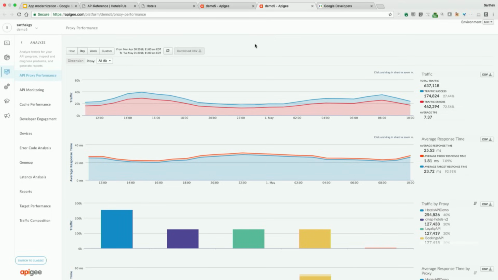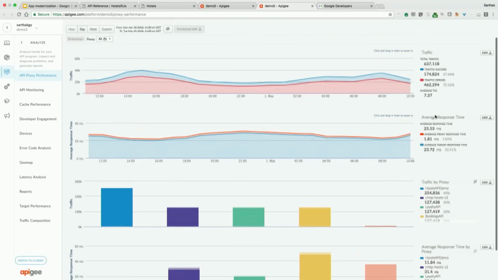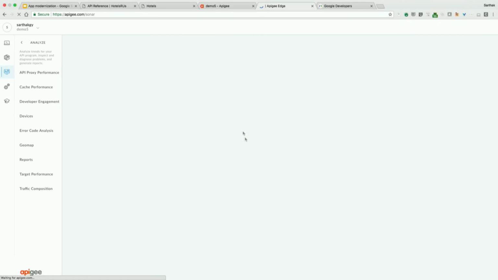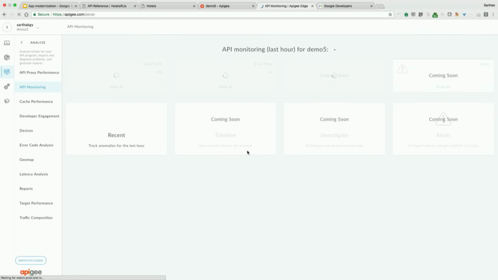So I have one analytics which is open, which over the last 1 day is showing me what's my overall total traffic, my success versus error rate, my average response times, my traffic by different proxy. So it might be I have a users API and I have a catalog API. How do I know which API is getting used more often and at what error rate and what throughput and whatnot? I can look into things like API monitoring, which actually helps me see